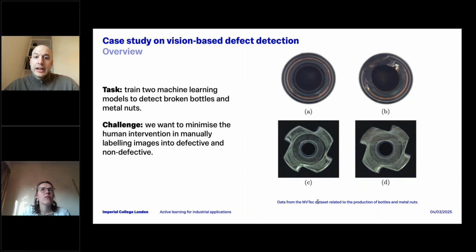Whereas if I select more than one observation each time, I can be more efficient because I don't need too many retrainings or updates of the model, but I can have some redundant information. Maybe after getting one observation in a specific area of the input space, I get an updated view, and in hindsight I find out that I didn't need as many as I thought in that area, because one was enough to improve the model.